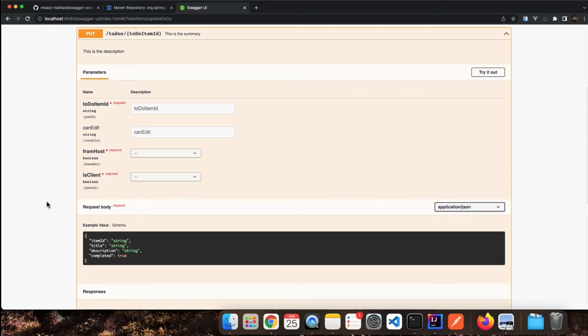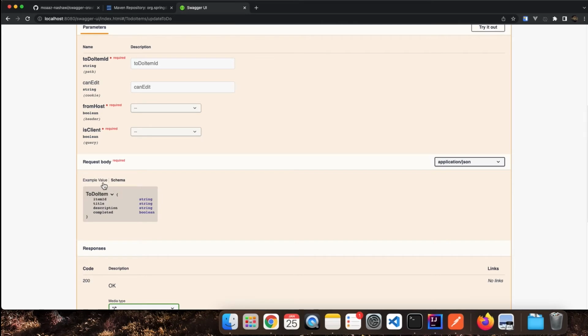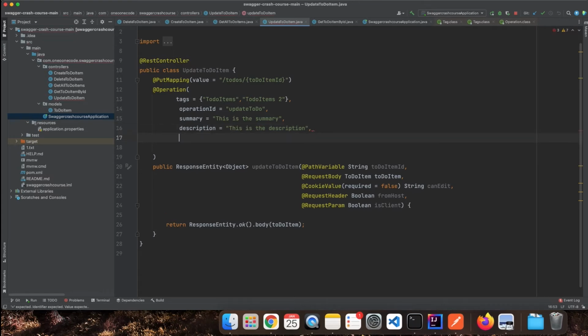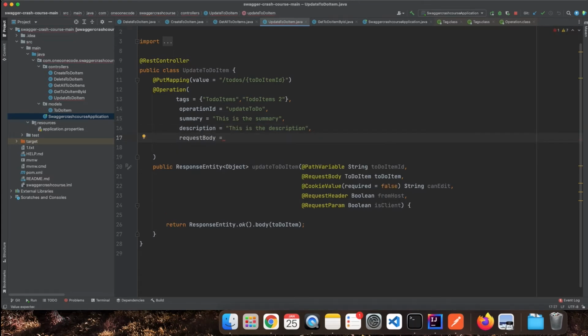Moving forward, let's start first to describe our request body. We can have some description for this request body. We can even change the schema of this request body for any reason. And we can do that by using first inside the operation. As I said, everything is gonna go inside the operation wrapper. So we put comma and we say here the request body, and now we can start to define the request